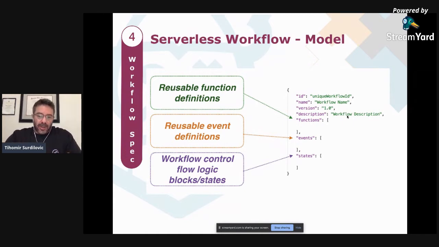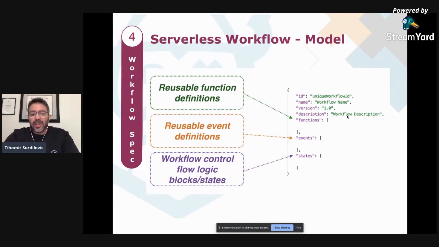Now, at the end, we have the control logic or flow logic states, which define our control flow logic, and they can reference the functions if you want to execute something, or they can reference events, either to consume events for things like starting workflow instances or continuing workflow instances in some cases, or they can produce events as well. Those can later be consumed by whoever is listening to them. It could be other orchestration workflows as well.